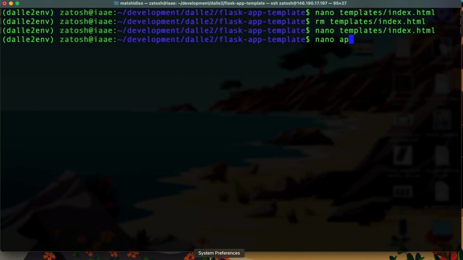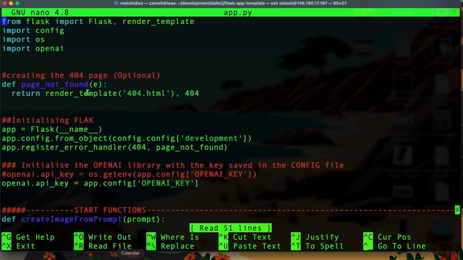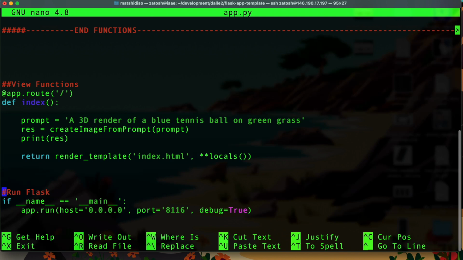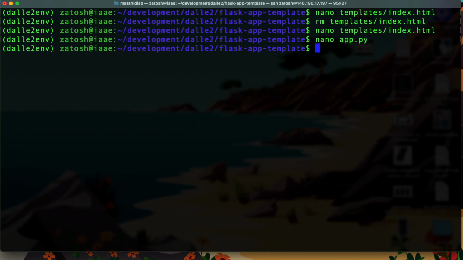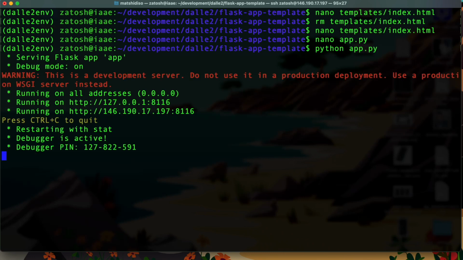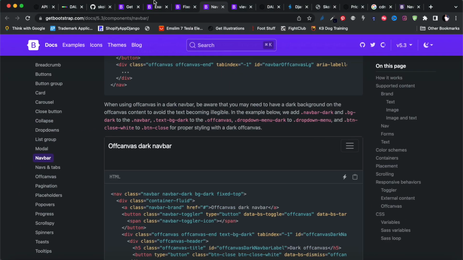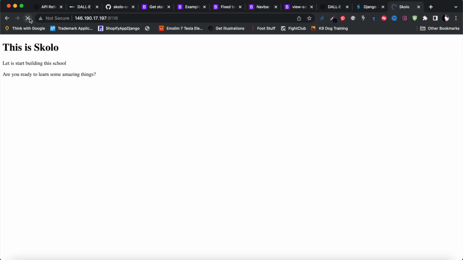that app.py. And all I want to do is, I don't want to run the OpenAI function again, and use up credits for nothing. So I'm just going to put hashes in front of these functions so that it just doesn't run anything. It just displays the page. Okay. All right. So let's do python app.py and have a look at what we've got now. Okay, so let me close this Googling that we're doing. Go back to this page. Let's run it. We should see now